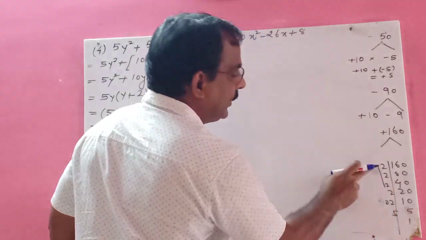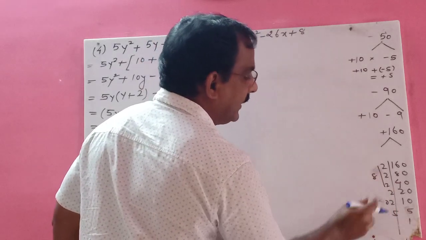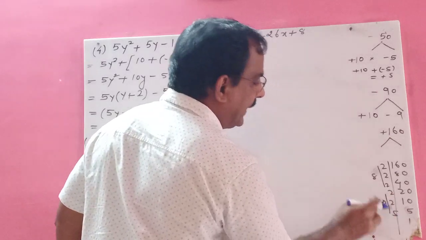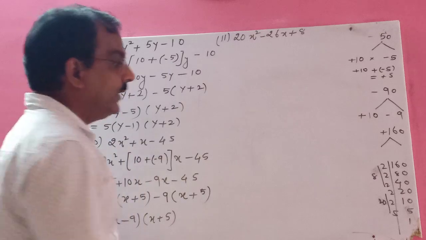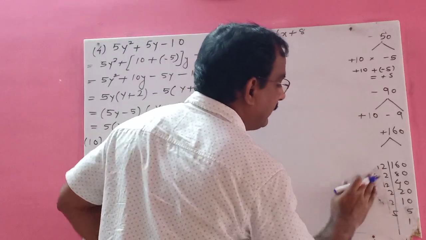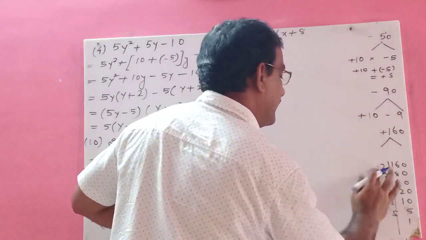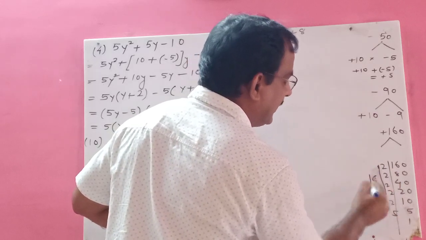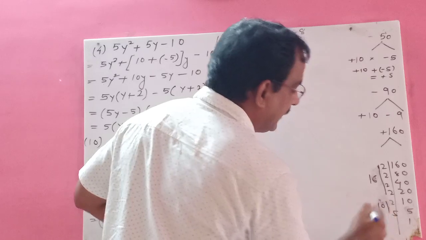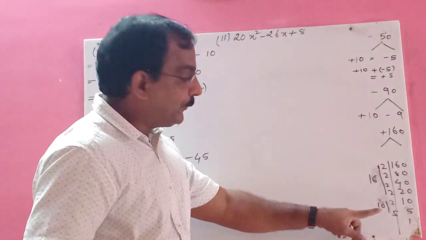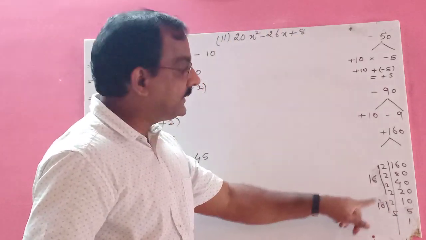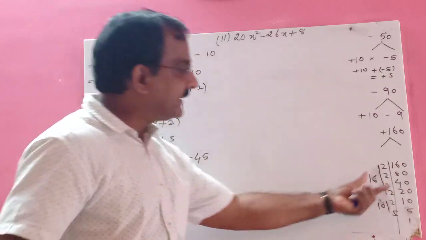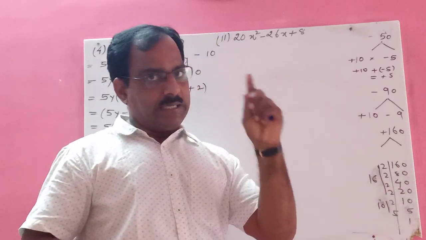So make three numbers. 2 2s are 4, 4 2s are 8. And here 2 2s are 4, 4 5s are 20. Again 20 plus 8, you will not get 26. So take another number. Which number will you take here now? This number. 2 2s are 4, 4 2s are 8, 8 2s are 16. And this is 2 5s are 10. See, 10 and 16. If you multiply, 16 10s are 160. If you add them, you will get 26. So this is the method by which you will get A and B.